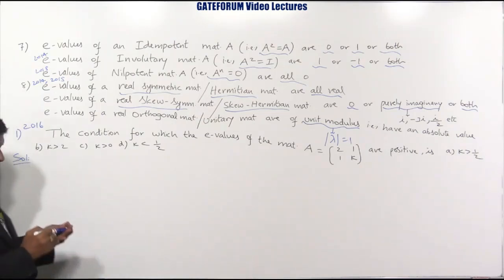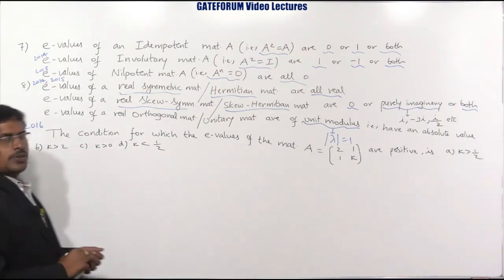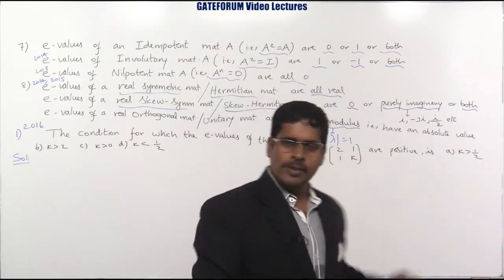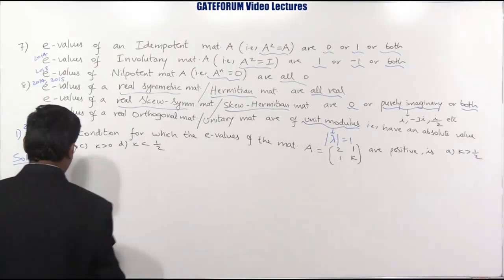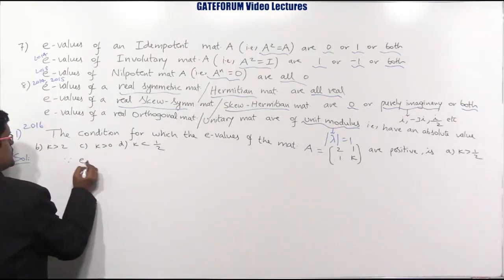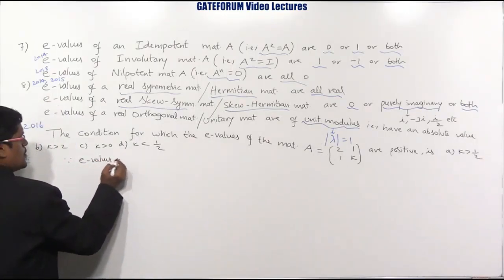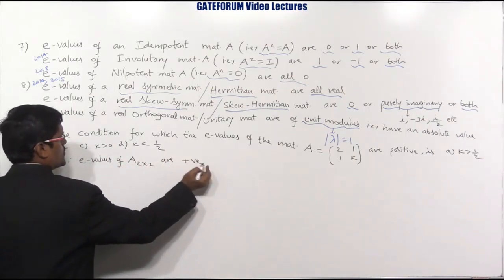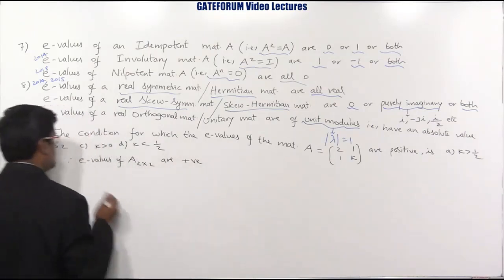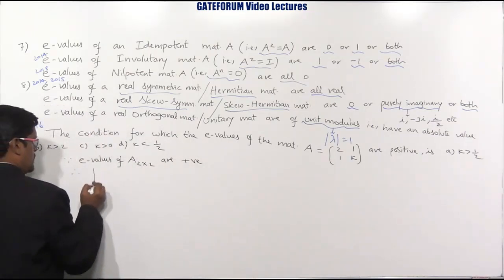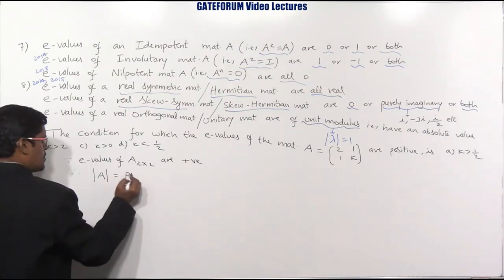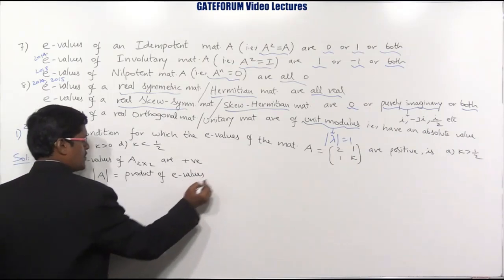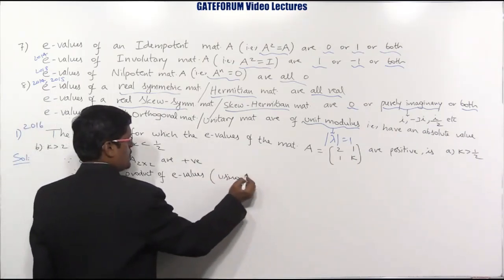Solution. A 2 by 2 matrix definitely has 2 eigenvalues, and both eigenvalues are given positive. Okay, let us see. Since eigenvalues of A (2 cross 2) are positive, this is the symbol I am using: plus VE stands for positive. Therefore, det A is equal to the product of eigenvalues, using property